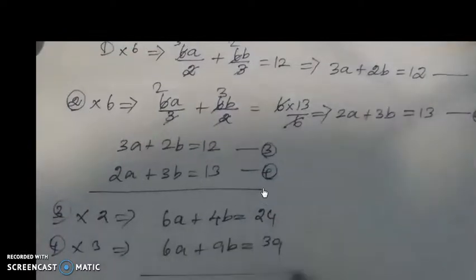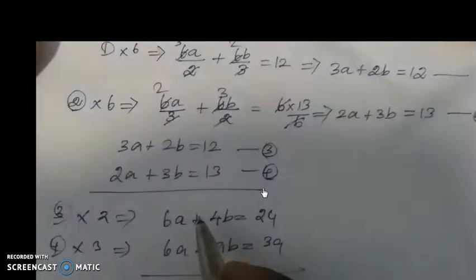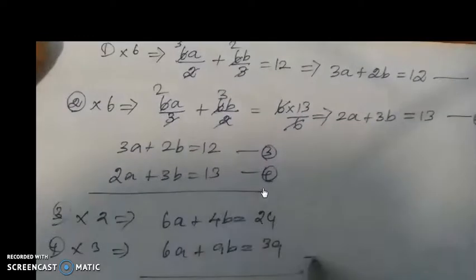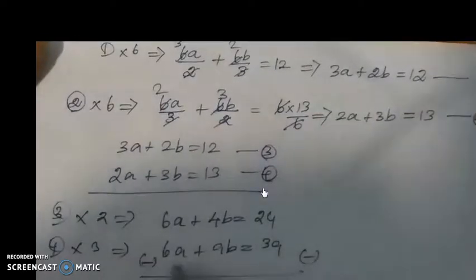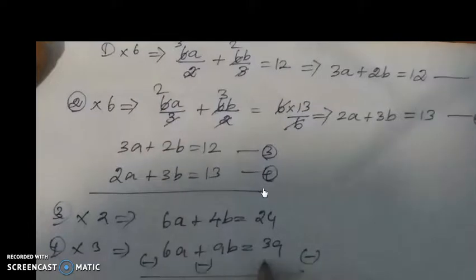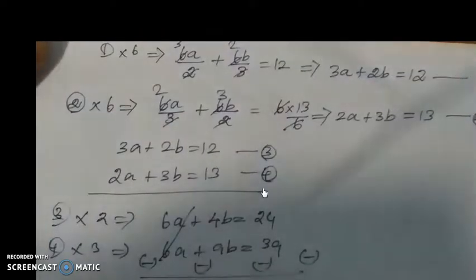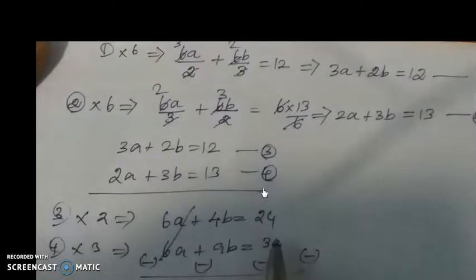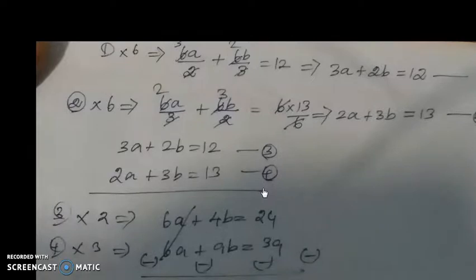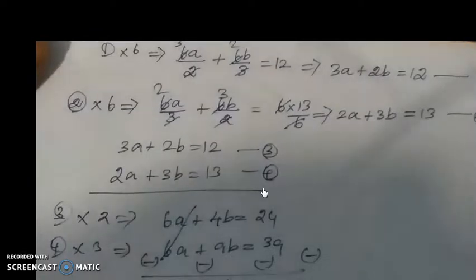Right? Now subtract, because the coefficients of a have the same sign. So we are going to subtract these two equations. So change the signs of the lower expression. So minus, minus, they will cancel each other. What about here? So 4b minus 9b. So here 4 minus 9, it will become minus 5b equal to, here also different signs, so we have to subtract now: 24 minus 39, minus 15. Therefore b equal to minus 15 divided by minus 5. So when we cancel these, we will get 3. So the value of b is nothing but 3.